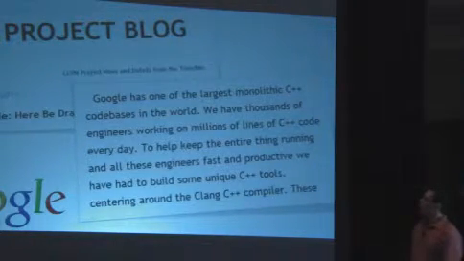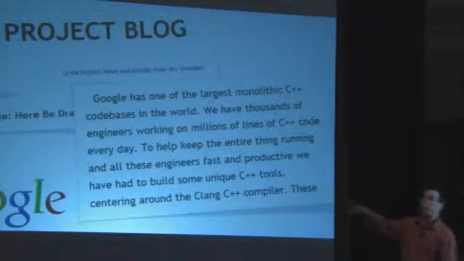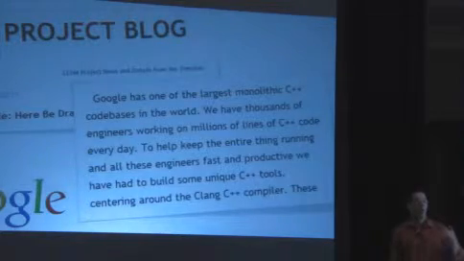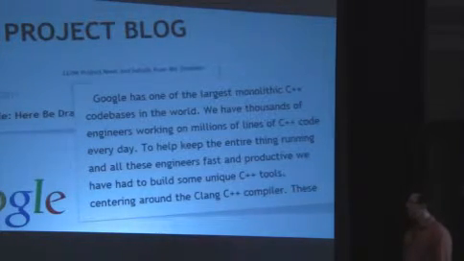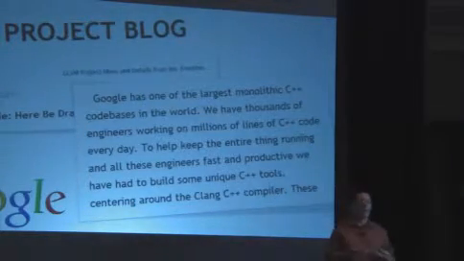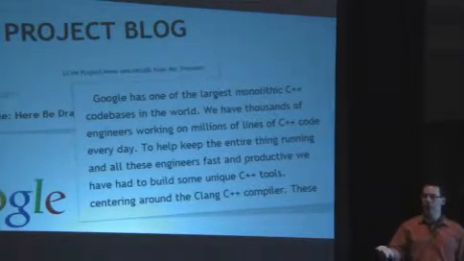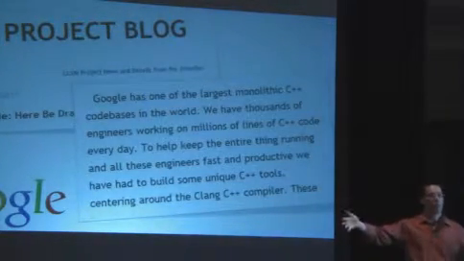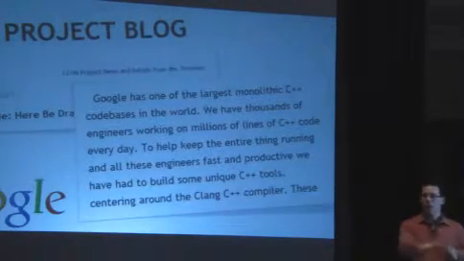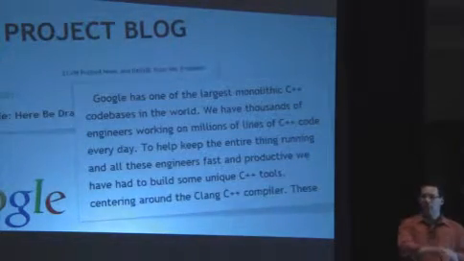And just as of a few months ago, for their monolithic C++ code bases, one of the largest in the world, they're adopting that technology as well to keep it going, to do error detection and diagnostics and code quality. All again, investing heavily in Clang. So if you looked at what compiler has been invested in the most with actual real dollars in the last 2-3 years, you could argue whether it's, say, Visual C++ or GCC or Clang. All 3 have invested in heavily, but that's the list.